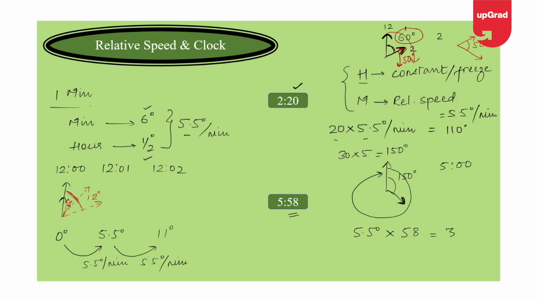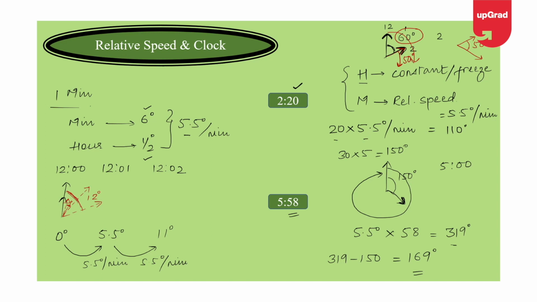319. That is 319 degrees. Now we know that this was already 150. The needle has traveled all the way and has reached 319 degrees. So when we subtract both these values, that is 319 minus 150, you will get your answer. That was 169 in the question. I hope this is clear.